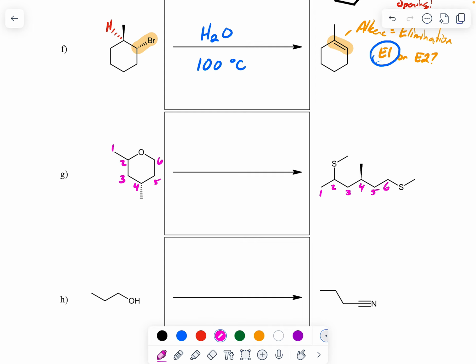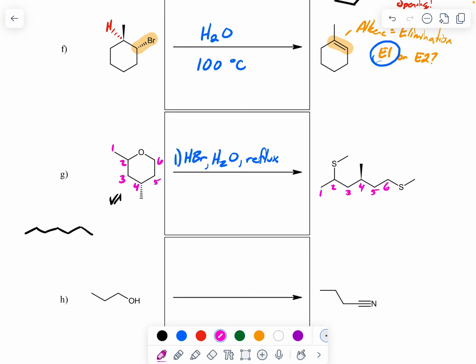So the first thing that we can do is think of this in terms of the ether cleavage. What happens when we actually break open this ring? Well, in this scenario, let's try it out. If we use something like HBr with H2O and a large amount of heat, so say reflux, those are the conditions that will break open our ether. Here, if we were to break open the ether, what we end up with is a straight chain